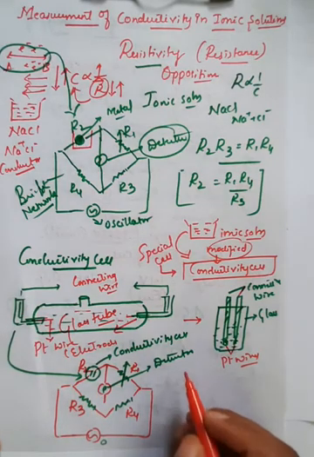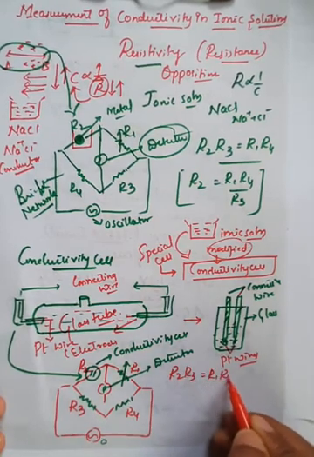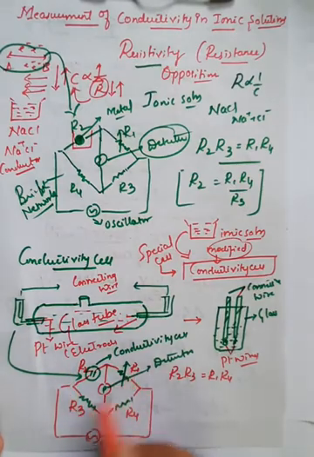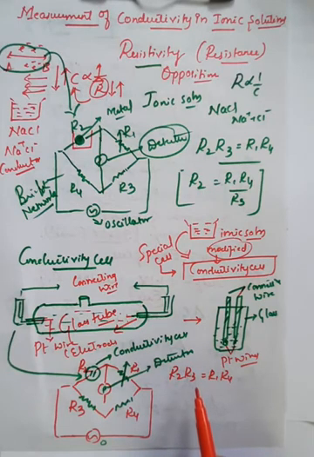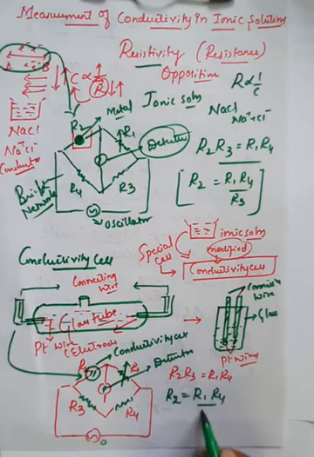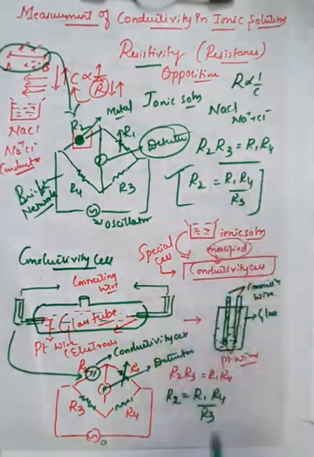So therefore we know the formula, that is R2 into R3 is equal to R1 into R4. Because according to Wheatstone bridge, here we take the diagonal values and multiply them. That is the equation which was given by the scientist Wheatstone, therefore we call it the Wheatstone bridge. R2 into R3 is equal to R1 into R4. Here the unknown value is R2. So to calculate R2, the formula will become R1 into R4 divided by R3. That we have already seen here, right? So R2 is equal to R1 into R4 divided by R3.